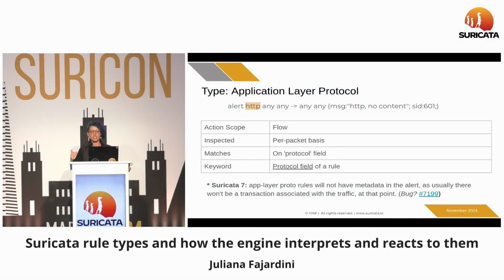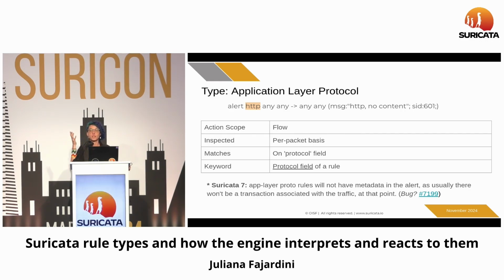Then we have application layer protocol rules. Those are when you have the application layer protocol in the protocol field of the rule. So in this case, it would be alert, HTTP, and then something else, but without any content. Otherwise, we would go to a different type of rule. But on a per packet basis, the action scope is on the flow, and this is something that